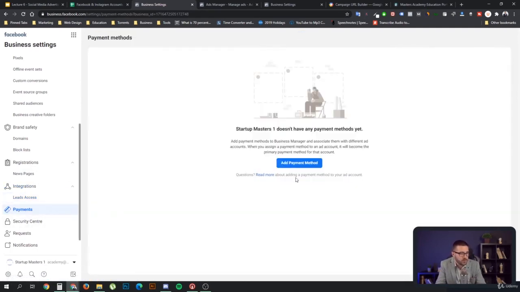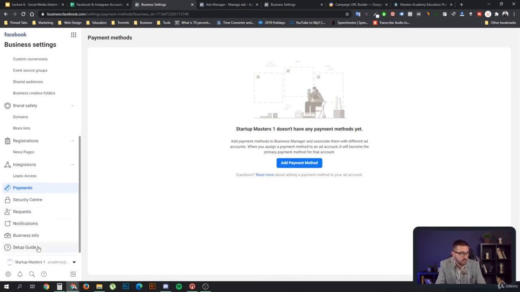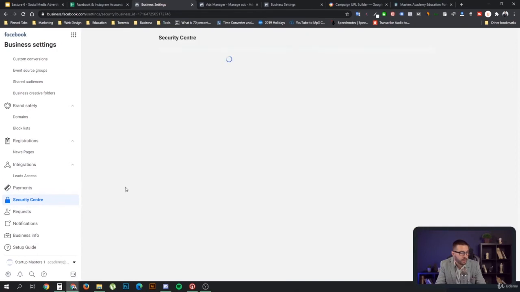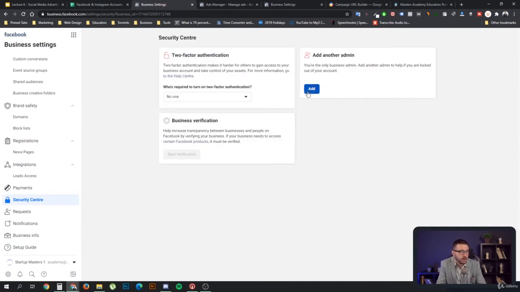Here in payments, you can set up different payment methods, and then you can attach those payment methods to your ad accounts, and they will be managed directly through the business manager, and they will all get the same billing from your business setup. In your security center, you have